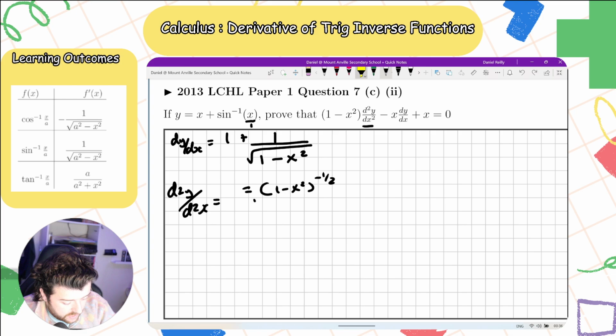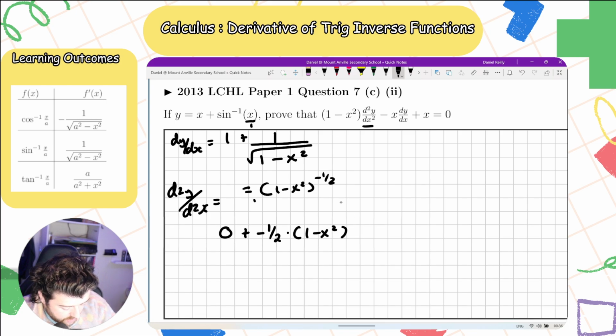So it is going to be equal to 0, 1 goes to 0, plus, now chain rule, minus a half times 1 minus x squared to the minus 3 halves, multiplied by the derivative of this in here, minus x. Second derivative is going to be equal to a half minus a half times minus 2x is going to be